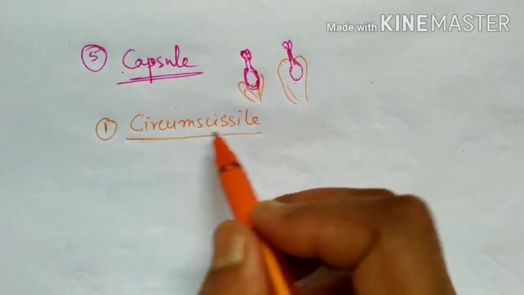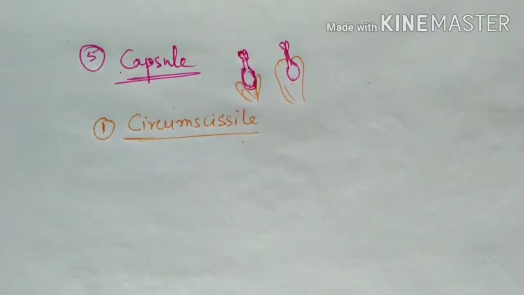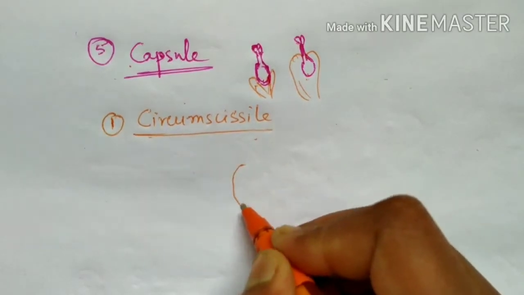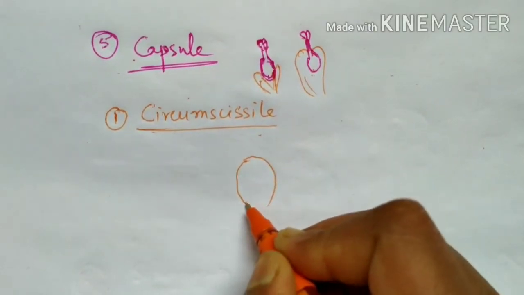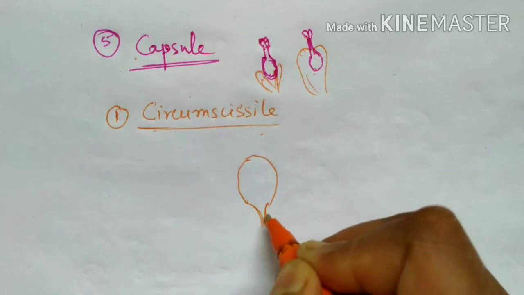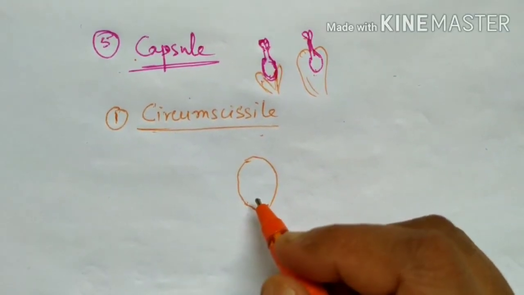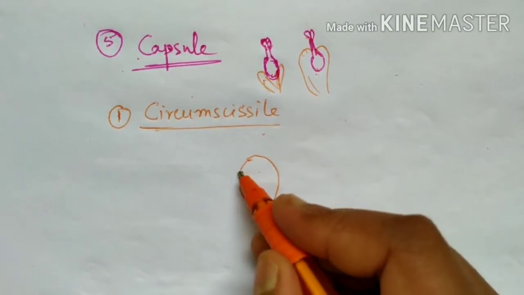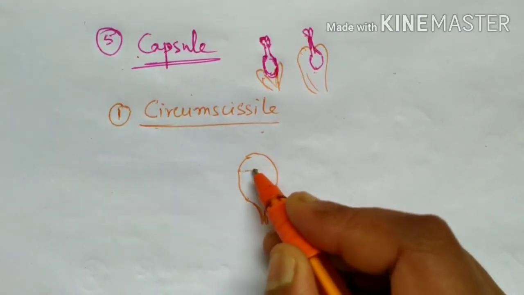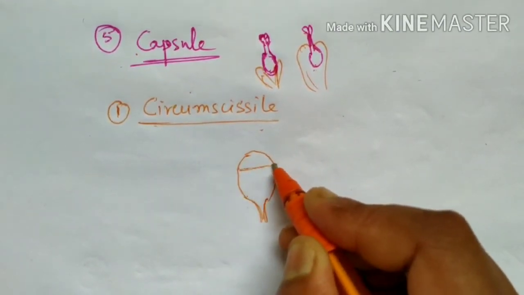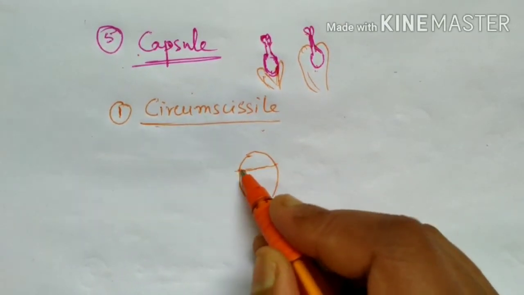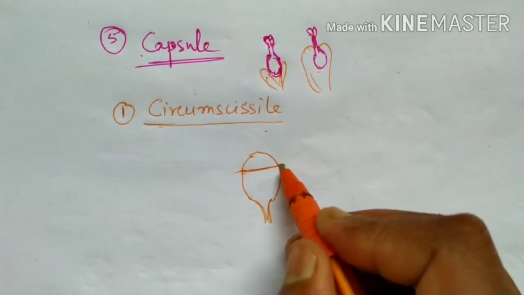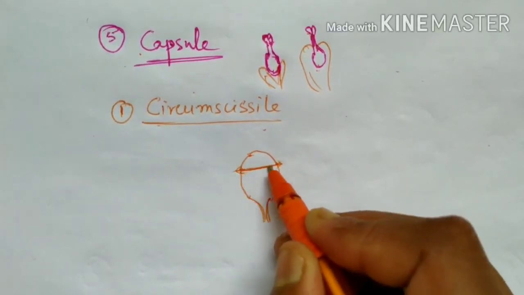Now circumcisile, in this type of fruits, the pericarp breaks from the top portion transversely. So breaking of pericarp transversely. Okay, so from this portion, this is a transverse section, so the pericarp breaks transversely, and